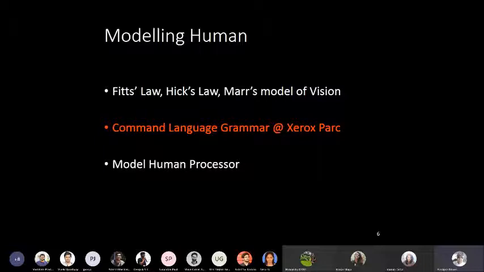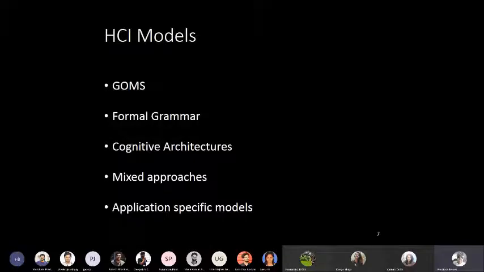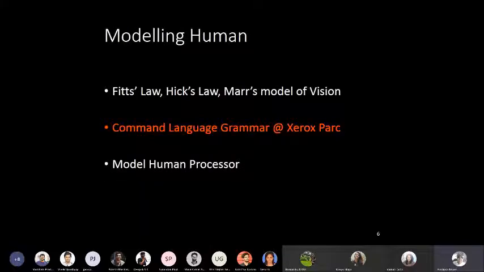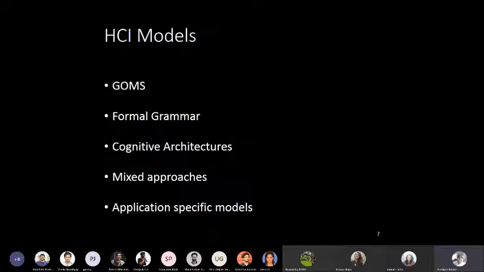And as we looked at in the previous week's lecture, the model human processor modeled human activity by dividing it into mainly three aspects: perception, cognition, and motor action, and works like a cycle. And later this model human processor led to a family of models called GOMS family of models, which are still the most used general purpose user model. And as you will see in the next few slides, it's pretty easy to comprehend and use in practice.